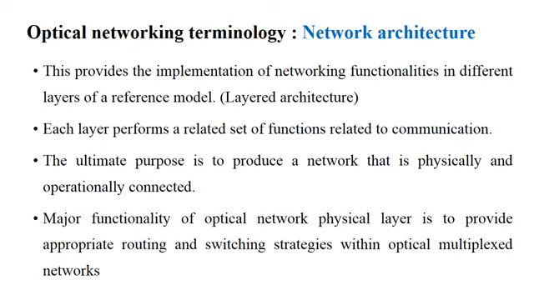Since it is going to have multiple layers, each layer is dedicated to perform one particular job with respect to the communication. So for example, if layer 1 is going to perform, say, encryption, then on the receiver end layer 1 must also perform the decryption. So that means a point to point operation we are going to have. That is what the network architecture provides with respect to the communication.